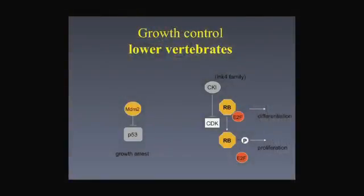You inactivate retinoblastoma in the newt muscle, they grow. You inactivate retinoblastoma in mammalian cells, nothing happens. So why is that? Well, if you look back at how growth control is affected in these animals,